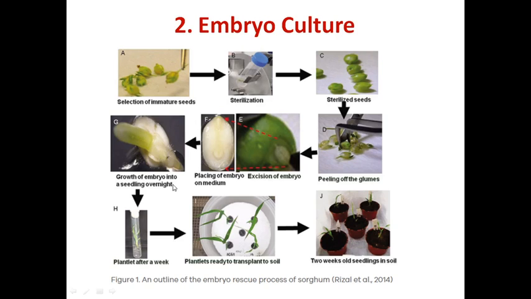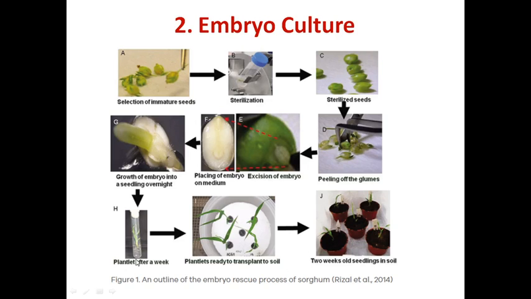And here is the growth of the embryo into the seedling. Okay, the plumule and radicle are coming, and then after a week there is plantlet formation, and the plantlet is ready to be transferred into the soil. And see the 2-week old seedling in the soil. So students, see this excision of embryos and culturing them in the sterile nutrient medium helps in developing